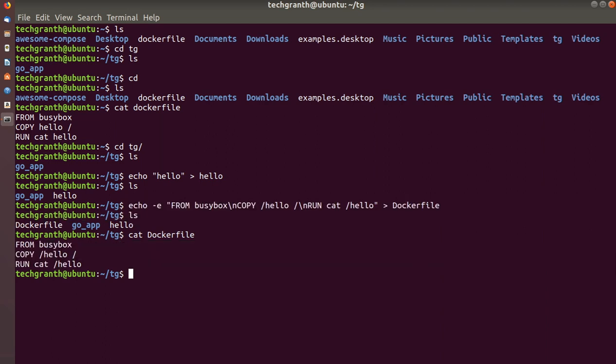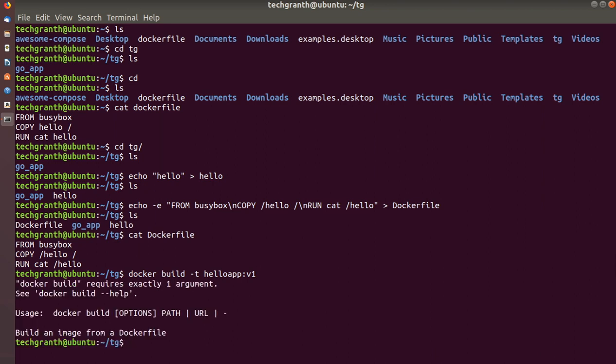Now if we run docker build -t hello app, and we will give the tag as version 1. Press enter.